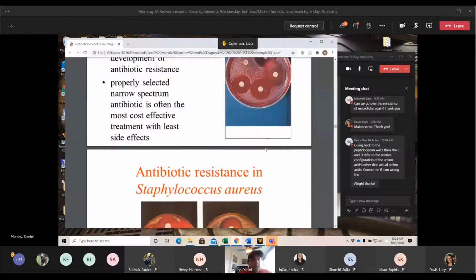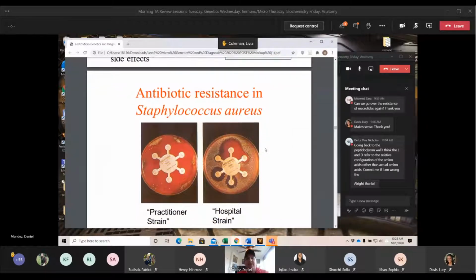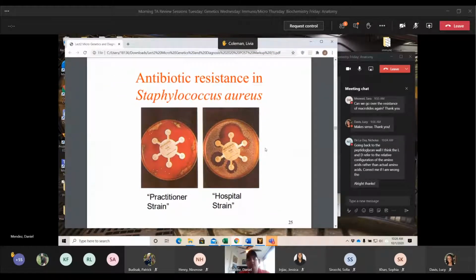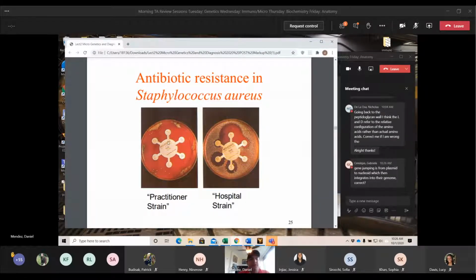Okay. All right, so here we can see antibiotic resistance in Staph aureus. This is something that we see. It's called MRSA, and we'll get into that a little bit later, methicillin-resistant Staph aureus. And we can see we have a hospital strain and a practitioner strain. The practitioner strain is something we see in normal environments, and the antibiotics are working very, very well against it. You can see that almost all the bacteria is completely dead, and we have a lot of these zones of inhibition. With the hospital strain, this one has been exposed to many more patients and a lot more different antibiotics. Because it's living in the hospital, it has encountered all of these different antibiotics, and it has had time to build that resistance. And we can see that in this one, very few antibiotics work.